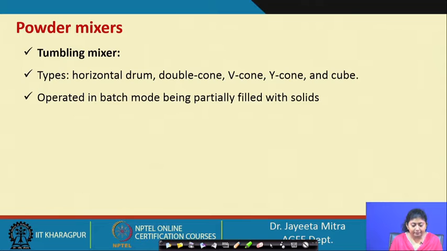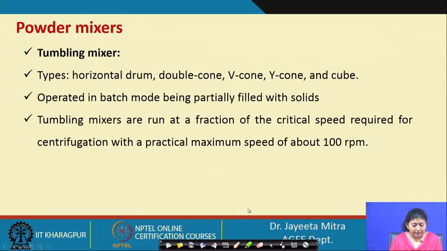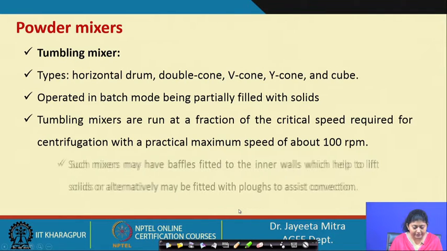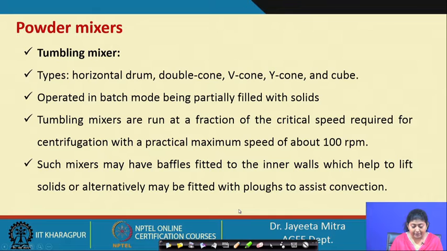These are operated in batch mode, all such horizontal drum or tumbling mixers, because as the name suggests we need to perform the tumbling operation here. Tumbling mixers are run at a fraction of the critical speed required for centrifugation, with a practical maximum speed of about 100 rpm. So, we can see that the speed is not very high; we run these at very low rpm, and such mixers may have baffles,